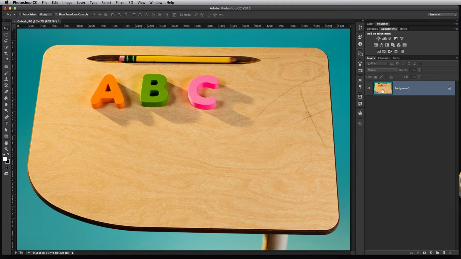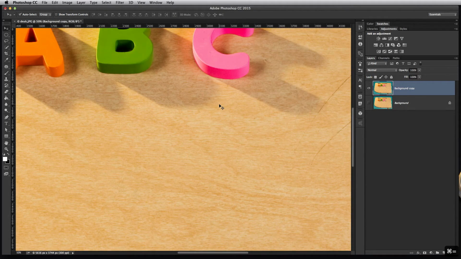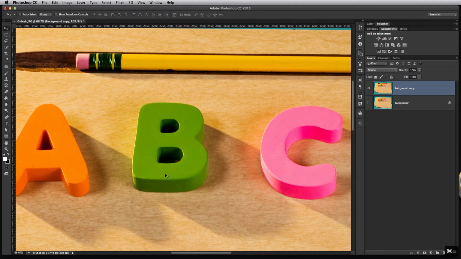So the first thing I need to do is duplicate this layer so that I don't accidentally harm the original, and I'll turn off the original so it doesn't interfere at all. I'm going to zoom in, and let's say I want to create a path around the top face of this B letter. So I'll come over here, and the Freeform pen tool is underneath the pen tool,